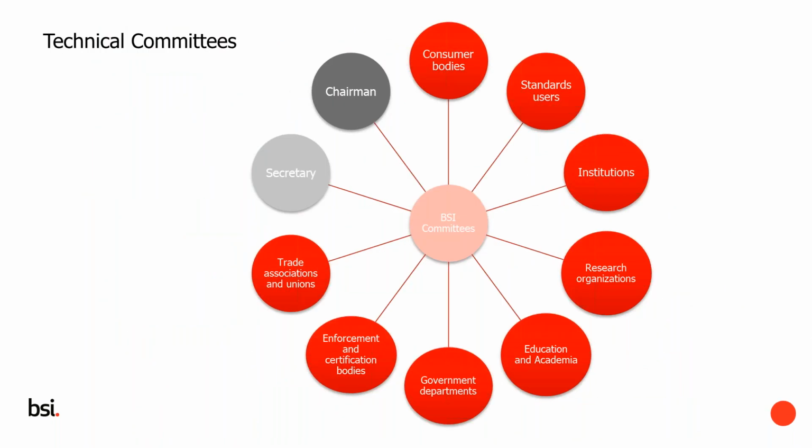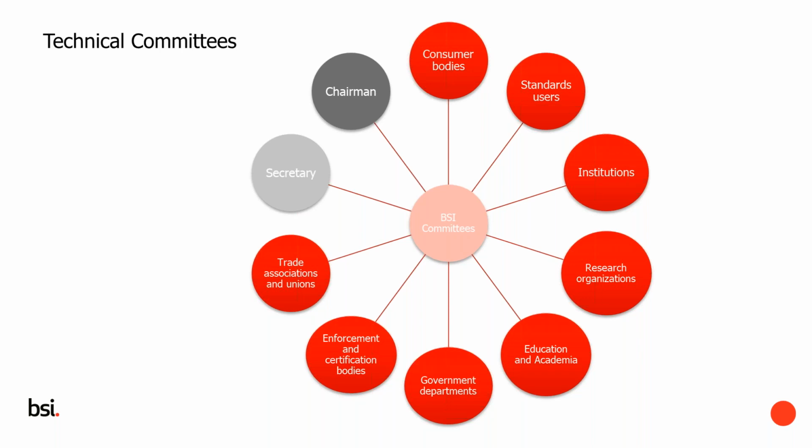So I've talked about our technical committees, who are the lifeblood of the work that we do. And so what does a typical technical committee look like? So here is an example of that. We have a set of rules and procedures and processes for how we actually run our committees, the rules by which they should abide, and the structure by which standards should be written. And in there it defines the role of a chairman and a secretary. Secretary is normally provided by BSI.